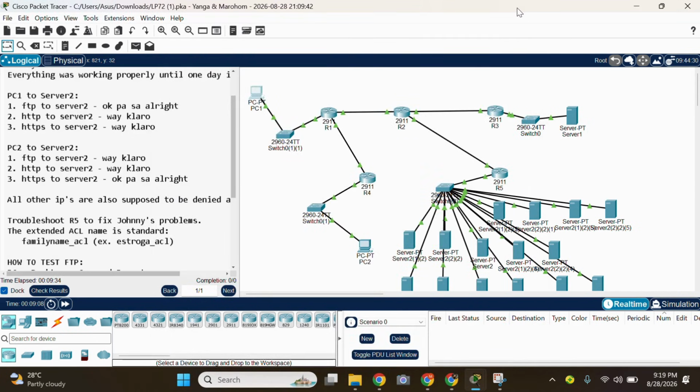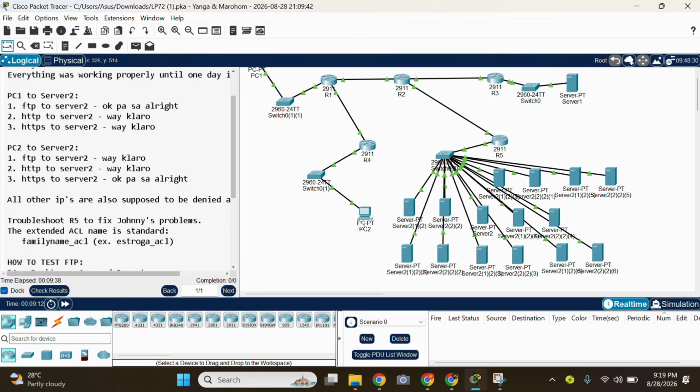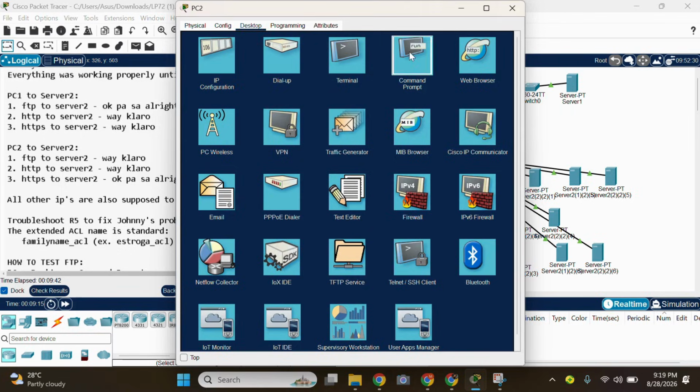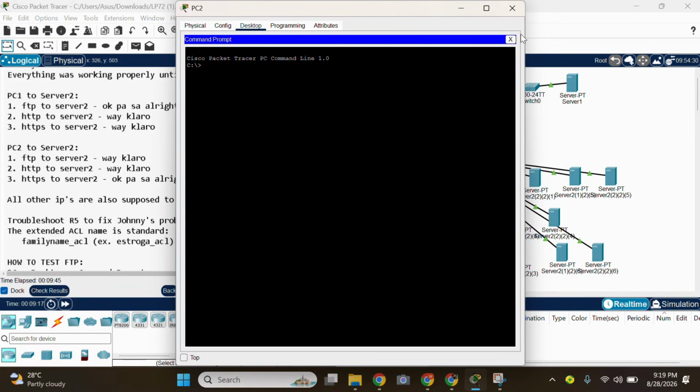Let's now test PC2 from the command prompt. First, I will test the FTP port of PC2.